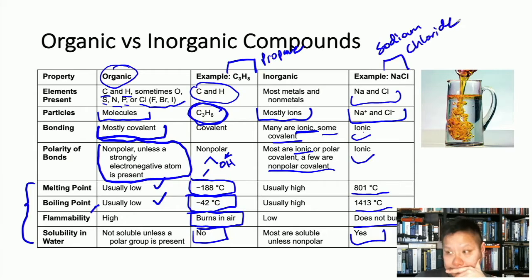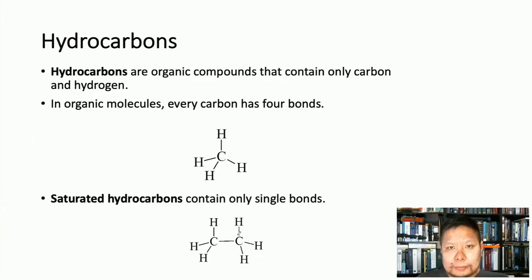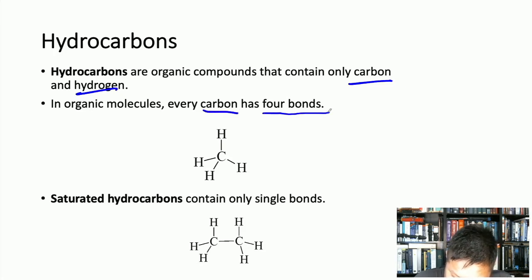As the inorganic compound. So some more details about hydrocarbons. Of course they contain carbon and hydrogen, but the thing to know is that every carbon in a hydrocarbon has 4 bonds. So in this very simple example of methane, we have a carbon in the center with 4 hydrogens around it, covalently bonded to the carbon with 4 single bonds, right?